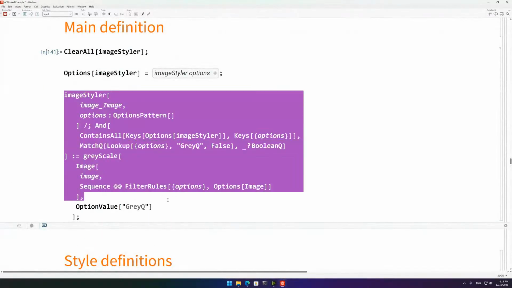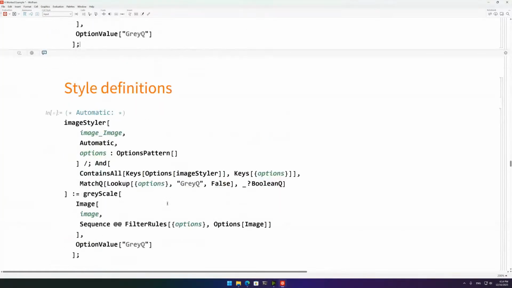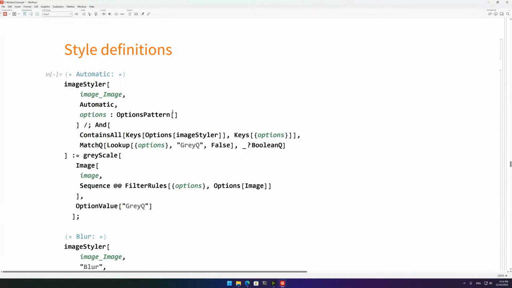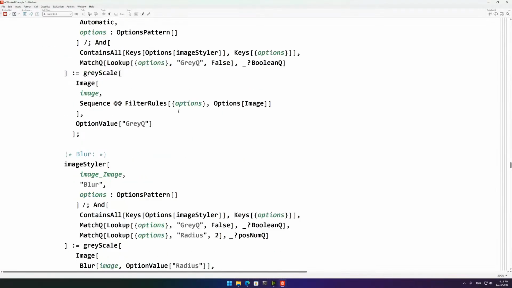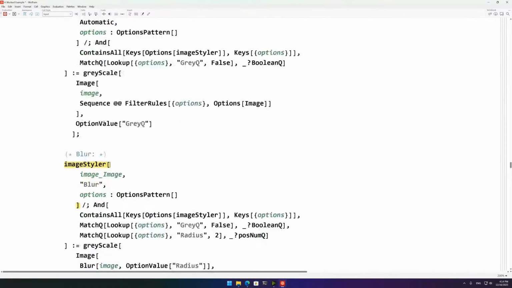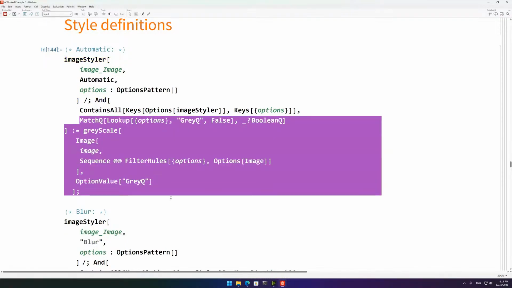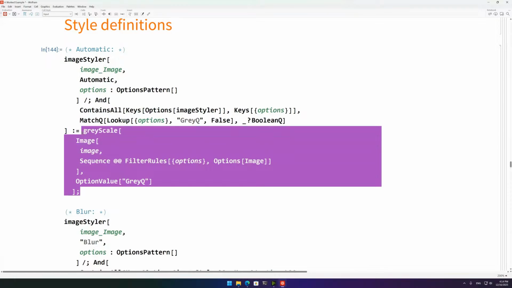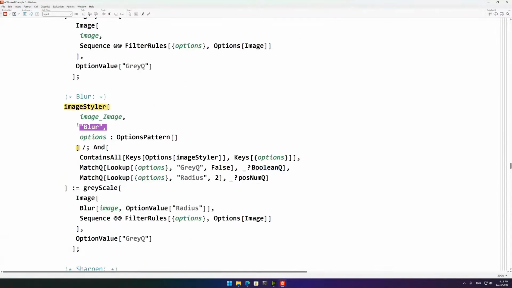So this will be the function definition that we're going to use when the user asks for a grayscaled version of their image. The next thing we're going to do is handle the different styles. The first will be automatic. If the person passes automatic as the style they want, then we have our basic function here, which just checks for gray Q. If the person passes blur as the style they want,